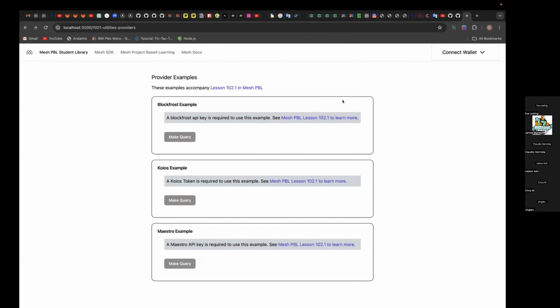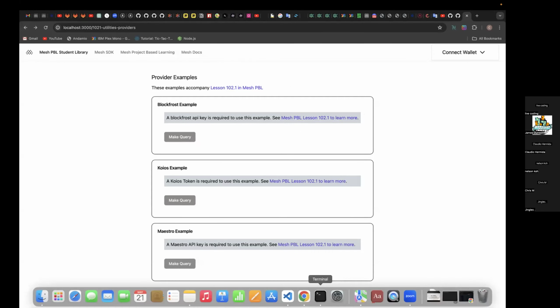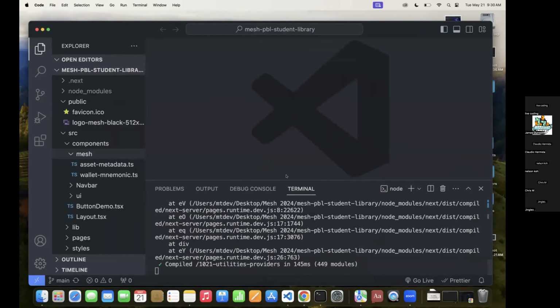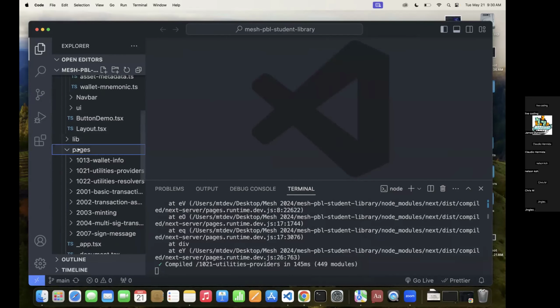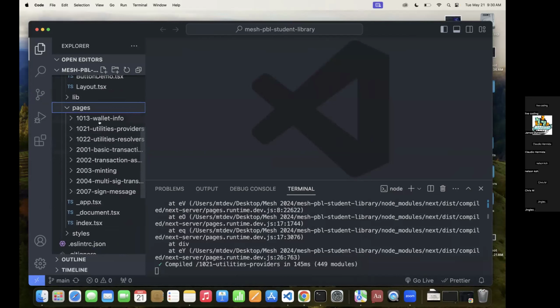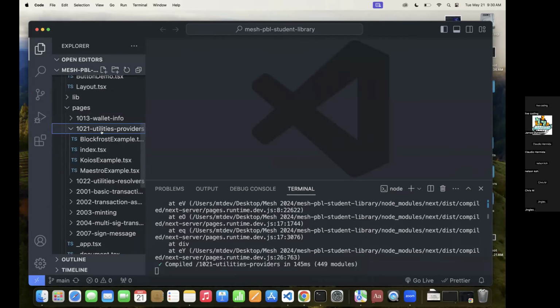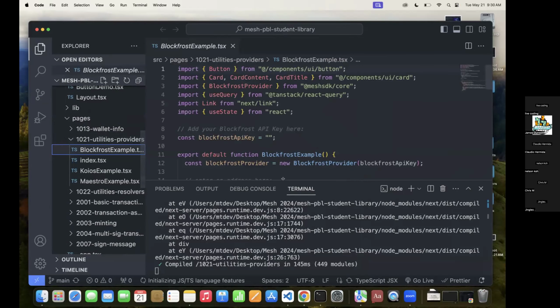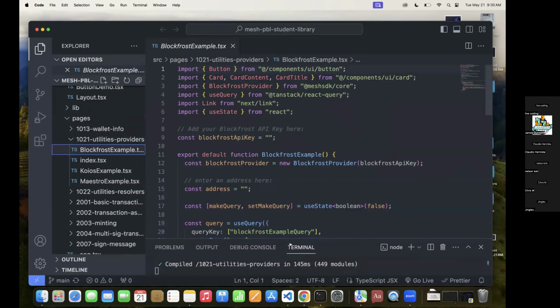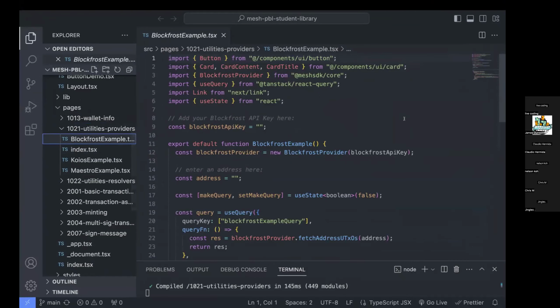So now let's go back into the code base in VS Code. And let's find the component we were just looking at. It's in the pages directory. And then we're looking at 1021 utilities providers and open up the Blockfrost example. Okay. Now there's just a little bit of simple JavaScript logic right here, right? You see line 9, it says Blockfrost API key, but there's not one provided. Scroll down below